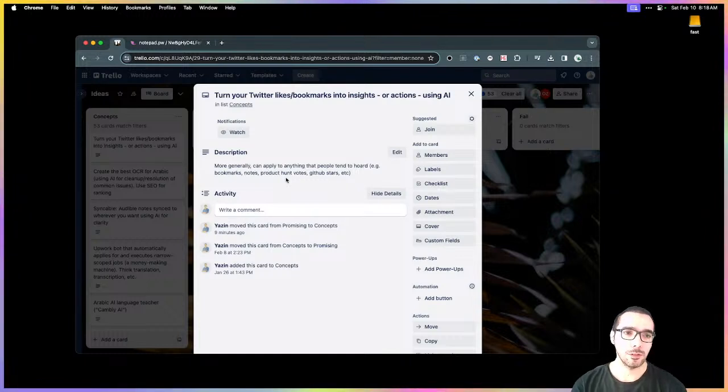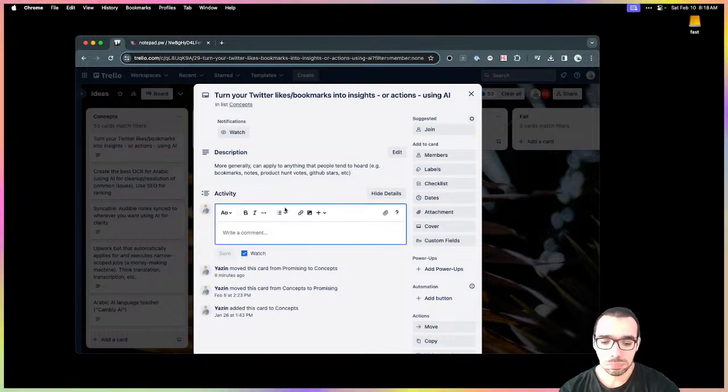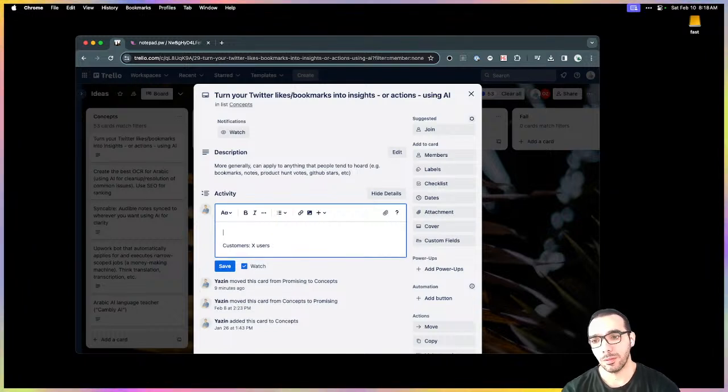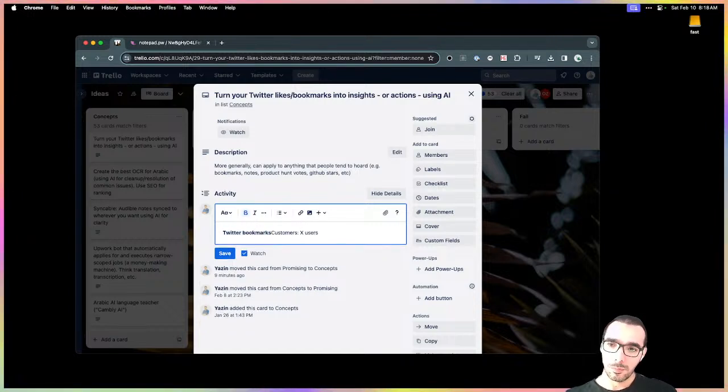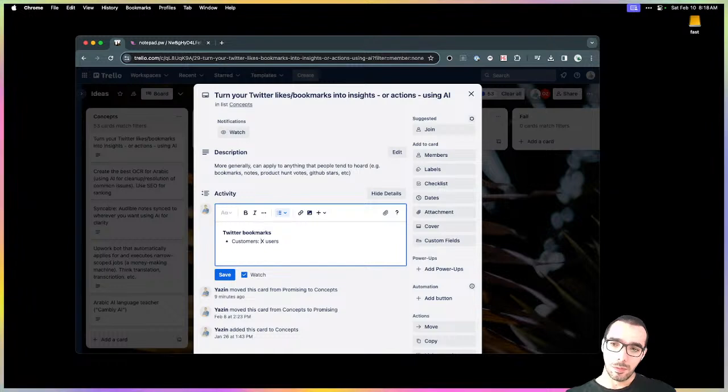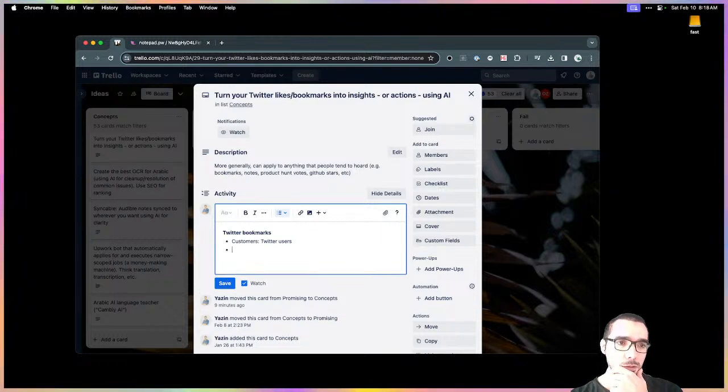And automatically, I'm thinking the customers would be X users, right? For Twitter bookmarks, the customers would be users of X. I'm just going to call it Twitter. Customers would be Twitter users, and then the value.